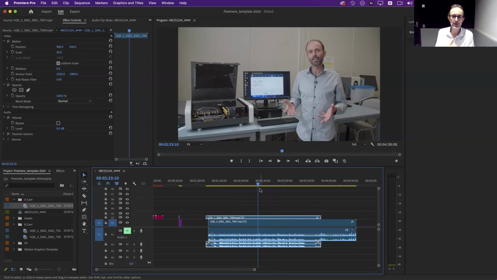So if we filmed in high definition footage, and this timeline we're working on at the moment is just a high definition timeline, it means that we wouldn't be able to zoom in and out on the footage. Well, we could, but it would lose quality. But because our video is actually bigger than the video canvas we're working on, hence why I had to shrink it down, we can go over to here